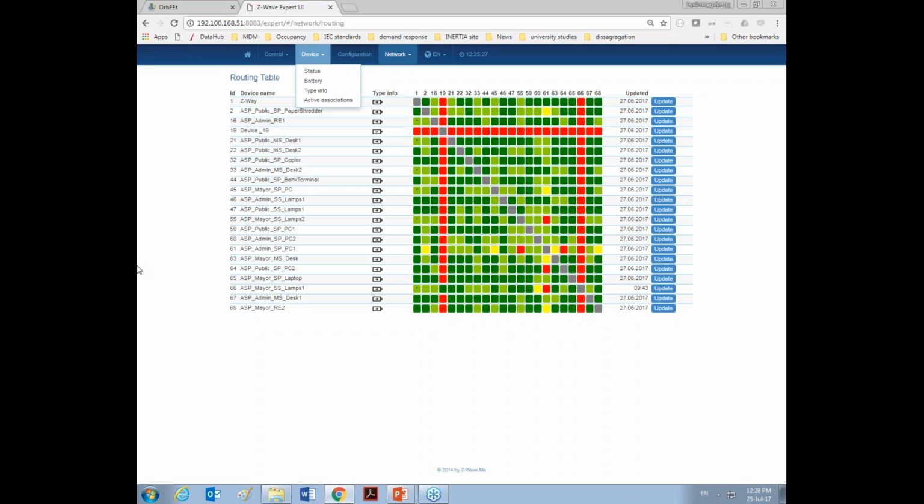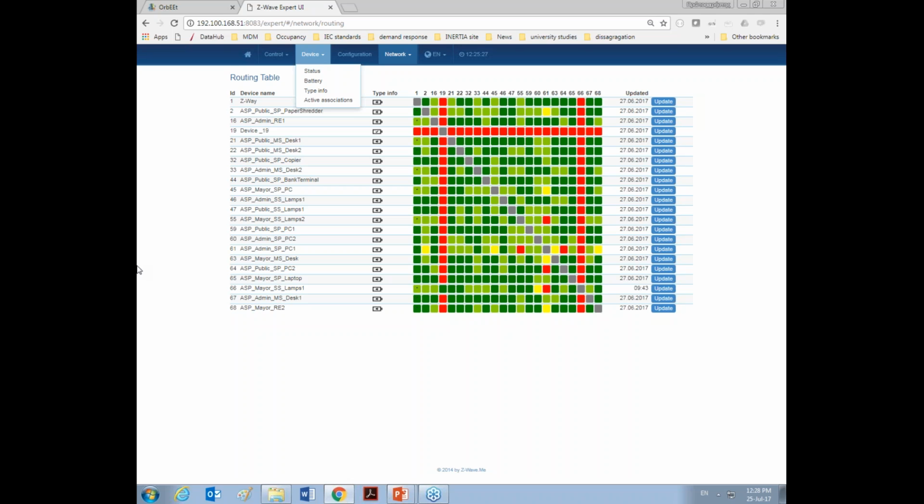We have selected 10 minutes time granularity. And then we have built on top additional web services that report processed data to the business applications of the framework, of the OrbEEt framework in our case,